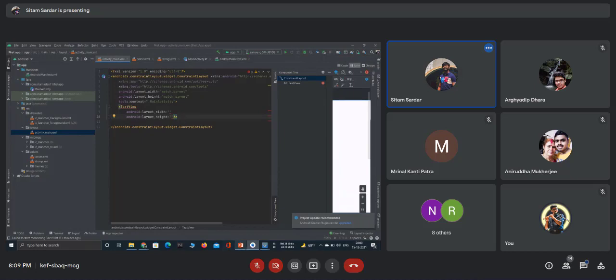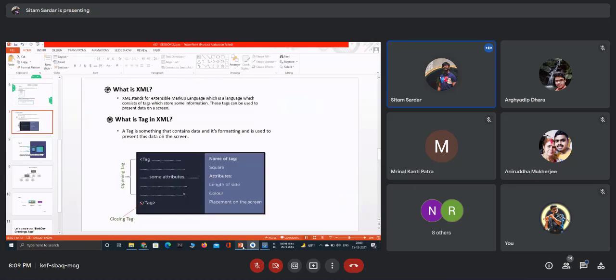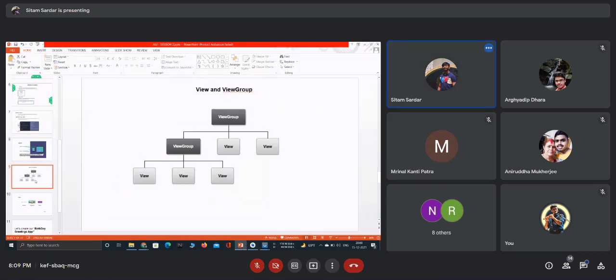Okay, and XML. Now comes a more interesting thing, that is what views and view groups are. Before diving into that, think of a real life example. Let's say there is a container where you can put some biscuits. Now inside a large container, you can put another container of a smaller size.